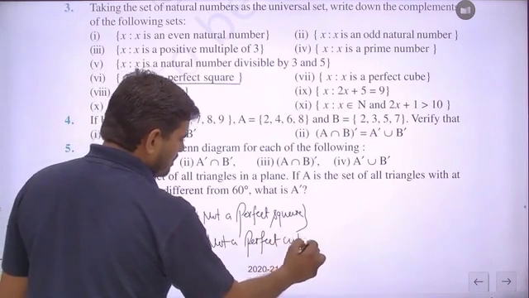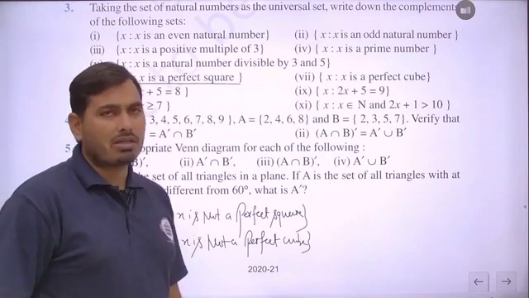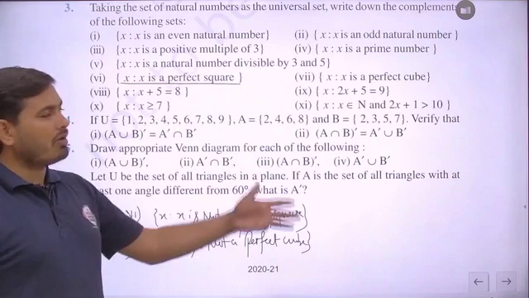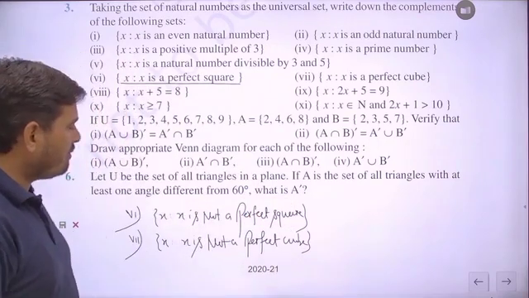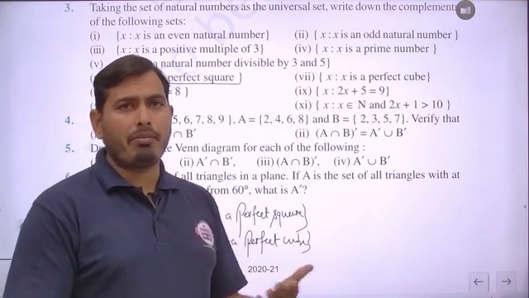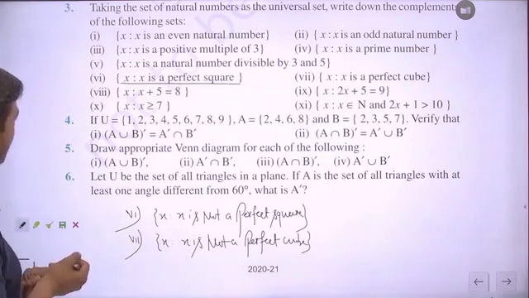So in such types of questions where the set builder form is given and there are infinitely many elements, you can make the negative of the given statement in such cases, and definitely you can say that this type of negative statement will represent the complement part of the given sets.